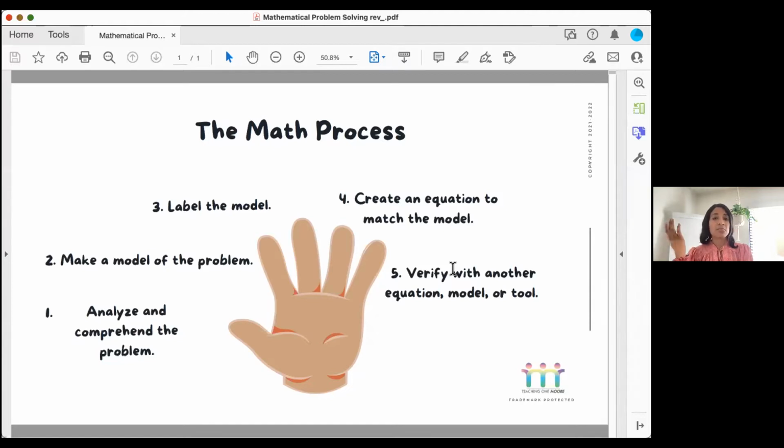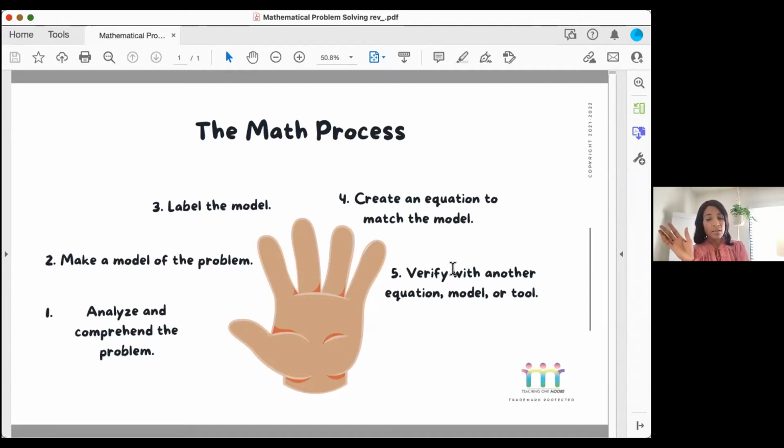I have found over the years that there's not just one way to solve a problem. So some students might think about adding up to find the answer. So for instance, if the problem is 5 minus 1, some kids might think 1 plus some more will get me to 5. Some kids will think about 5 minus 1 equals 4. So that leads us to think flexibly about what those equations look like.